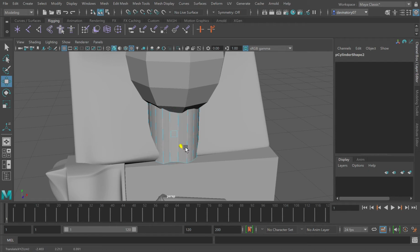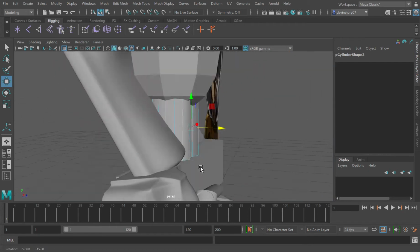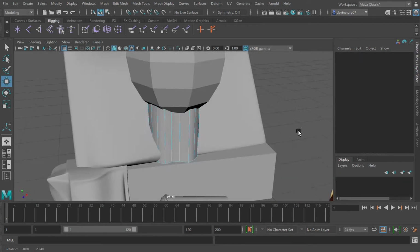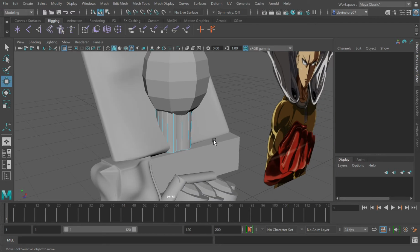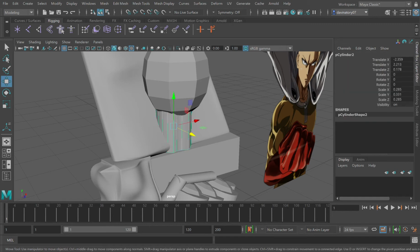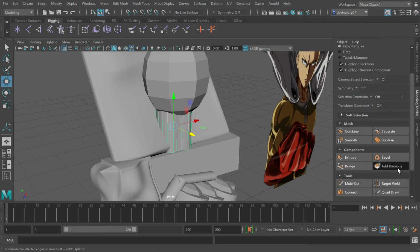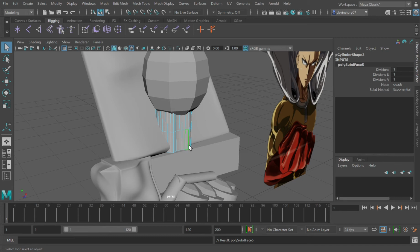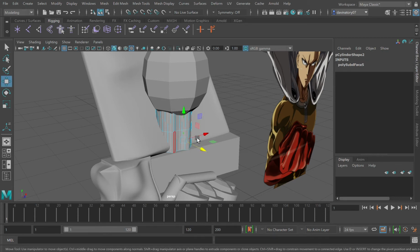and move it back. This won't really take a lot considering we only have a very small amount of divisions. We might want to add a couple more divisions, but let's see. If we go here and try to add divisions, I think we could take more liberty now. So let's go into face mode. As you can see, there is that curled up area. So what we're gonna do,